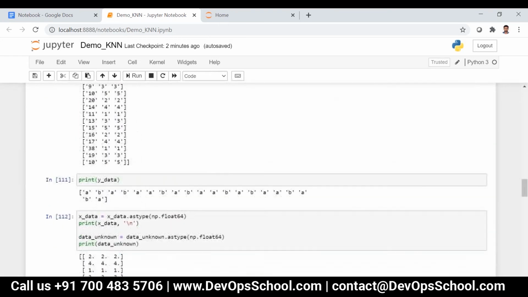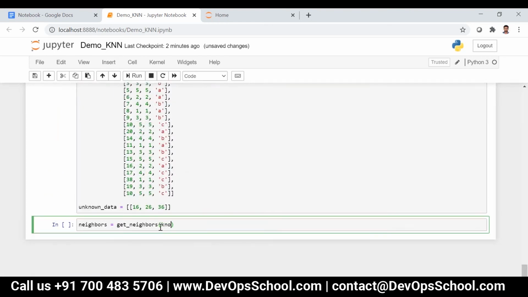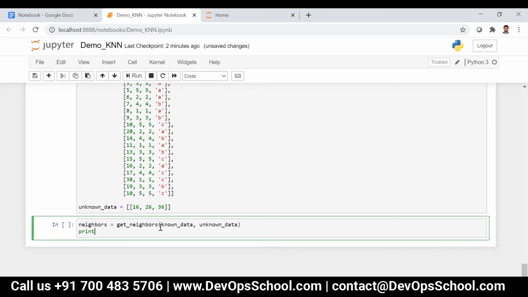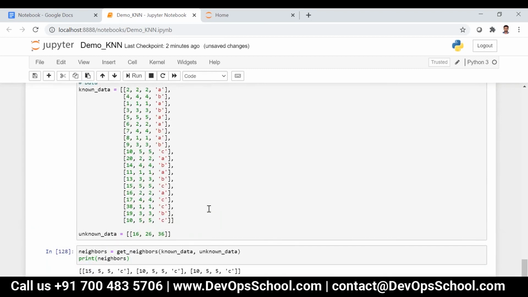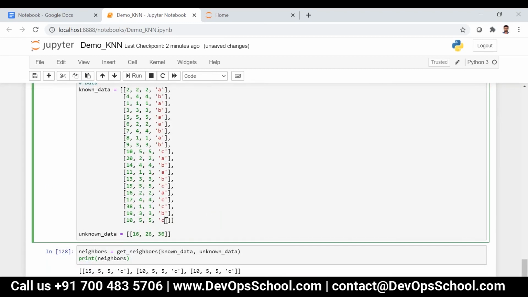Known data, unknown data. Okay, and then let me print the neighbors here. Now you can see everywhere it is C. Everywhere it is C over here, right? And let me give B here.